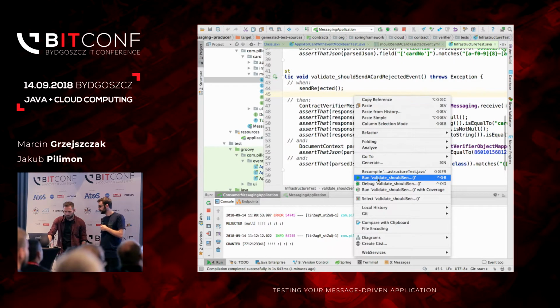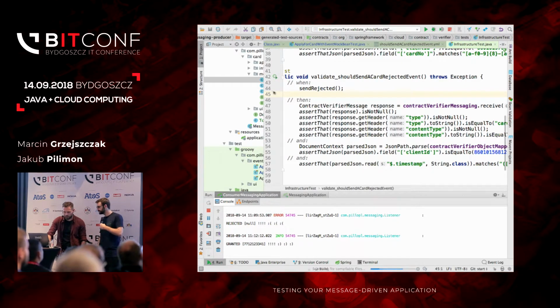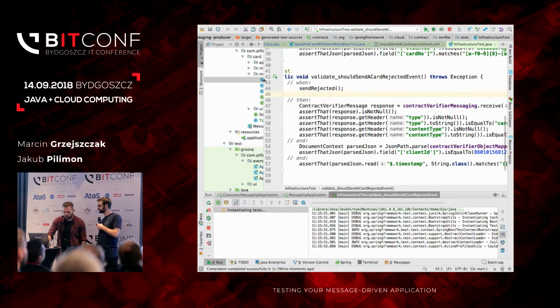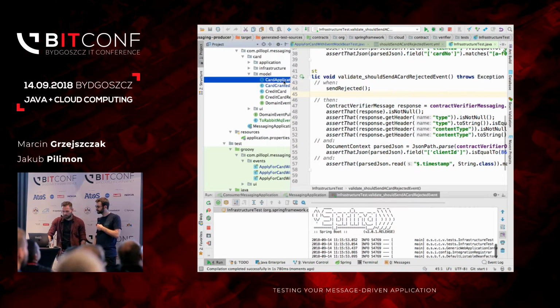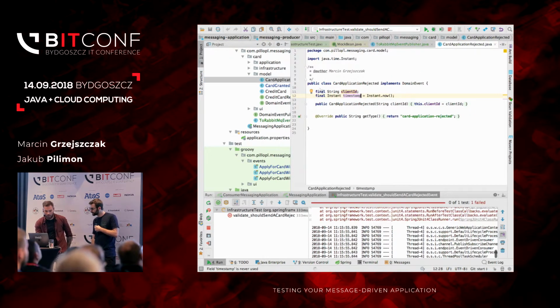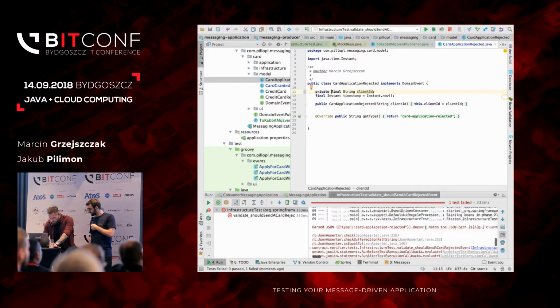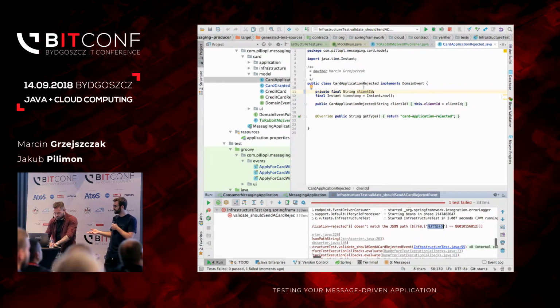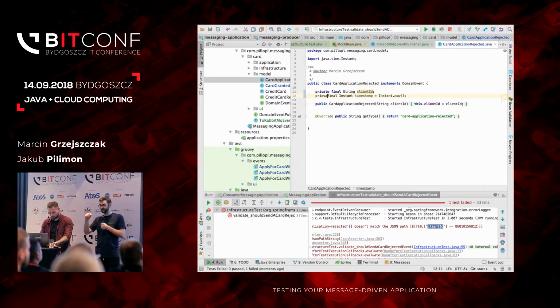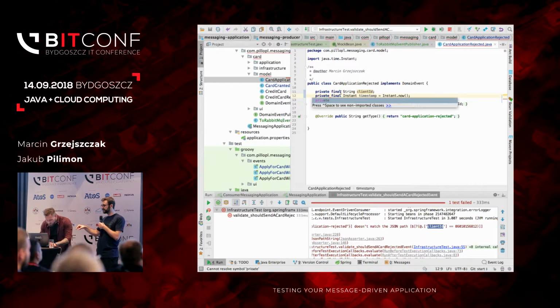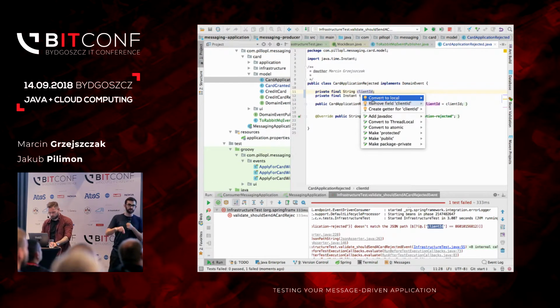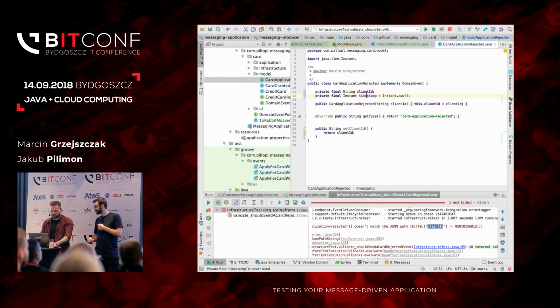So I guess it would fail right now. Let's see. Because it's regarding this card application injected. I bet card application injected doesn't have getters. Yeah. Of course. So I will add getters and we run this test. Oh, so the test has failed. Can you show us why? It's boring, but yes. So it says it's missing the client ID. So on the producer side, before pushing with force to production, we've managed to break the build because the serialization is broken. I would just add getters as always.